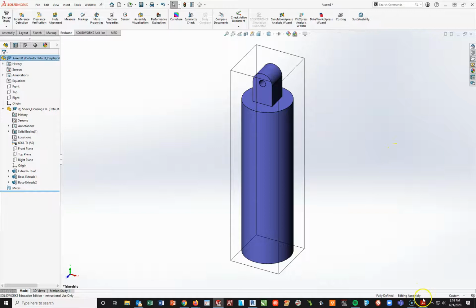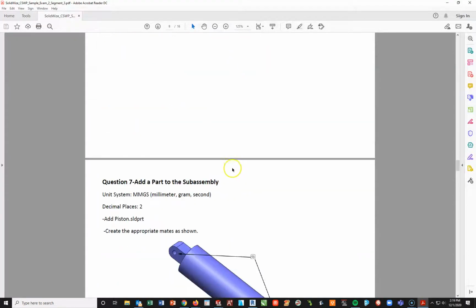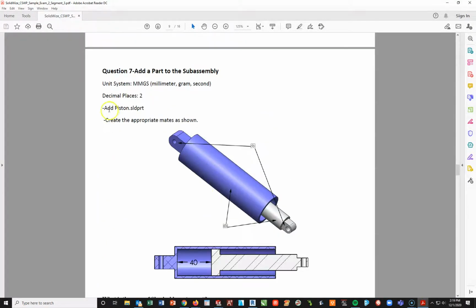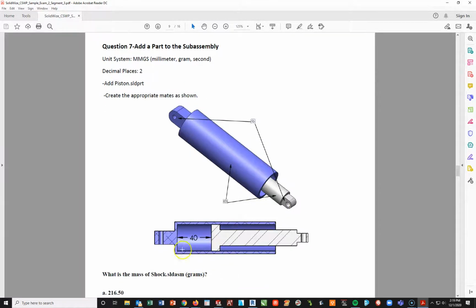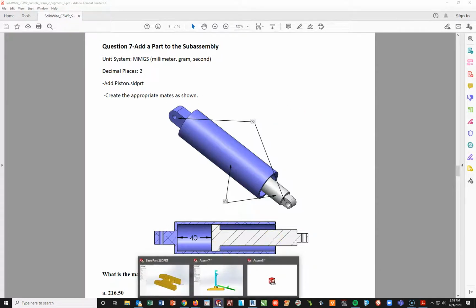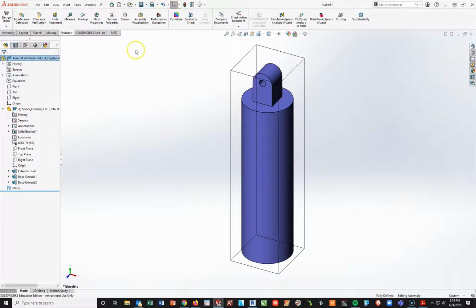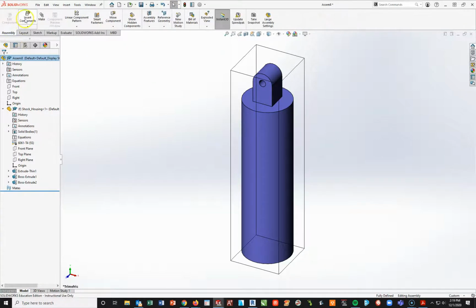And if I look at question number 7 here, it says in here in question number 7 to add the piston. Okay, so we're going to add this piston and we're going to add a distance mate here. All right, we're going to make it concentric. We're going to make this face parallel to that face, and then we're going to add a distance mate in here. All right, so going back into SolidWorks, I am going to go ahead and add in assembly, insert, and